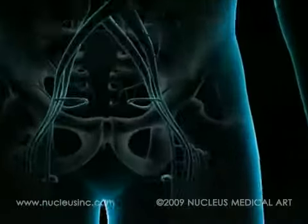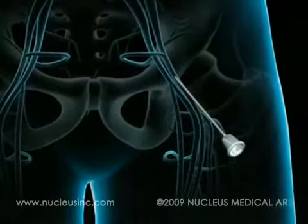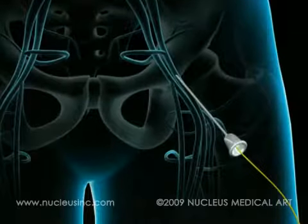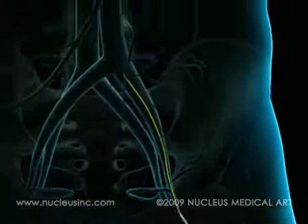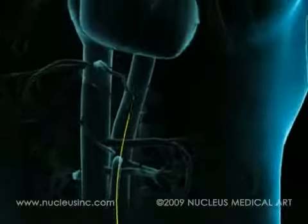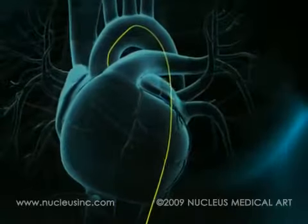The doctor numbs the skin in your groin area and inserts a needle into your femoral artery. Once the needle is placed, a guide wire is passed through the needle and gently guided through the arterial system to the heart. The needle will be withdrawn and exchanged for a small flexible tube called a sheath, permitting access